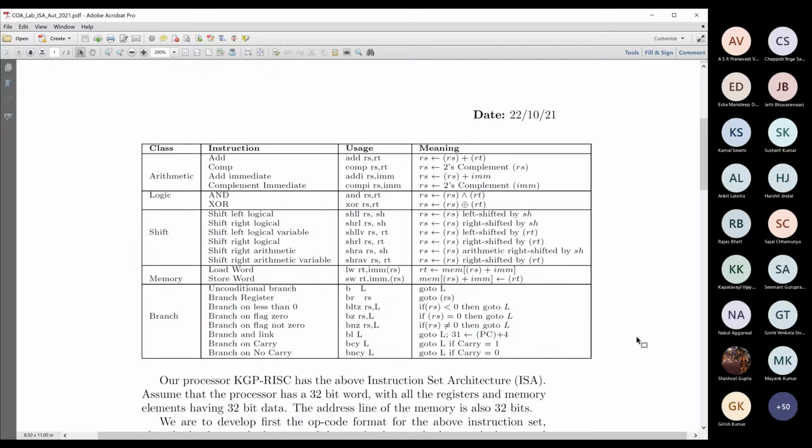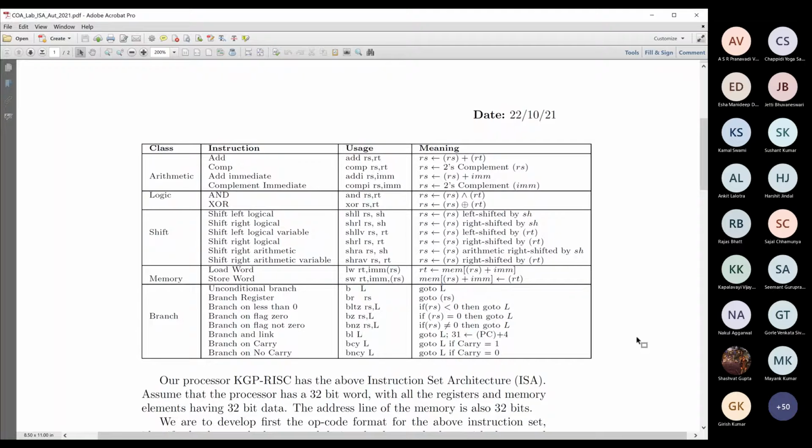So you might ask, can I at all write any useful program with this restricted instruction set? The answer is yes, you can, because the instruction set has been well thought out so that some of the instructions which are absent can be supported. For example, subtraction is basically addition.